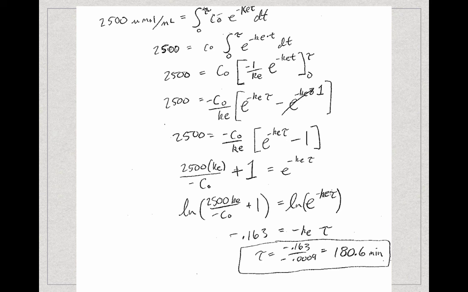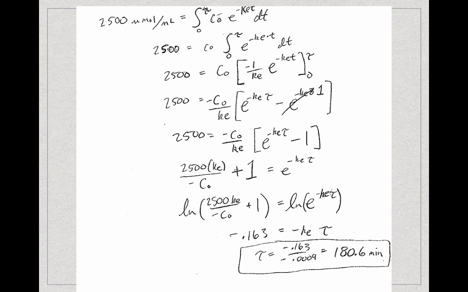Doing some algebraic rearranging, 2,500 KE divided by minus C0, plus 1, equals e to the minus KE t. More simplification by taking the ln of both sides. Ln of 2,500 KE over minus C0 plus 1 equals ln of e to the minus KE t. Minus